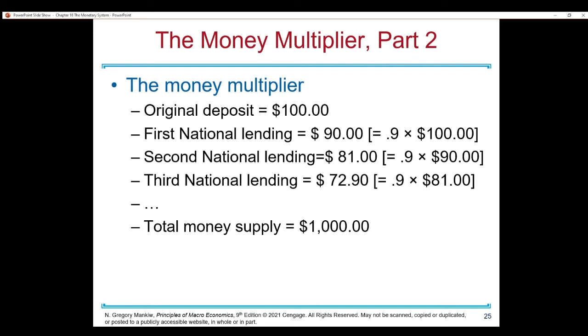So now we know more about the banking and how banks influence the money supply. We can see that the Fed has indirect control of the money supply because the Fed has to consider how the banks are going to respond and act. Even if they set the reserve ratio to 10%, well, banks can maybe loan out 60% only, right? And then they keep 40% as a reserve. So the Fed doesn't have direct control over the money supply because they have to account for how banks will respond and how they're going to act.